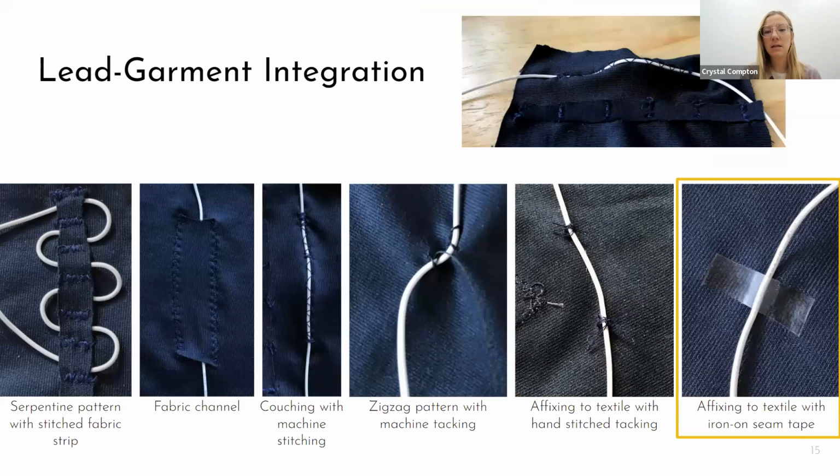So then some lead garment integration. It's important to, like I said, preserve the qualities of the textile. So I wanted to preserve the stretch to have the human still be able to move and not have sensor errors or have sensors break. So I played around with different methods. I ultimately ended up going with